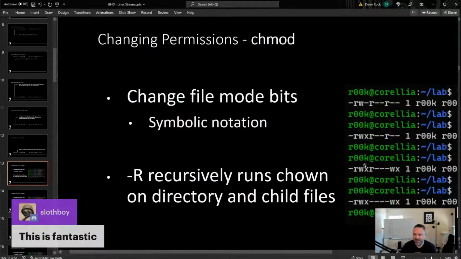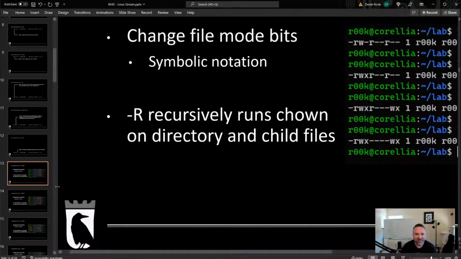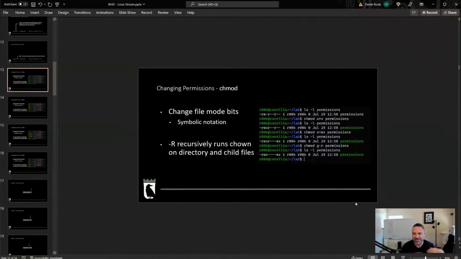Now, this is all probably mostly review for any of the Linux people out there. What I want to get into is a little bit of the deep magic that is Linux, and talk about how we set the numbers. Earlier, we were talking about 777 and what those permission bits mean.